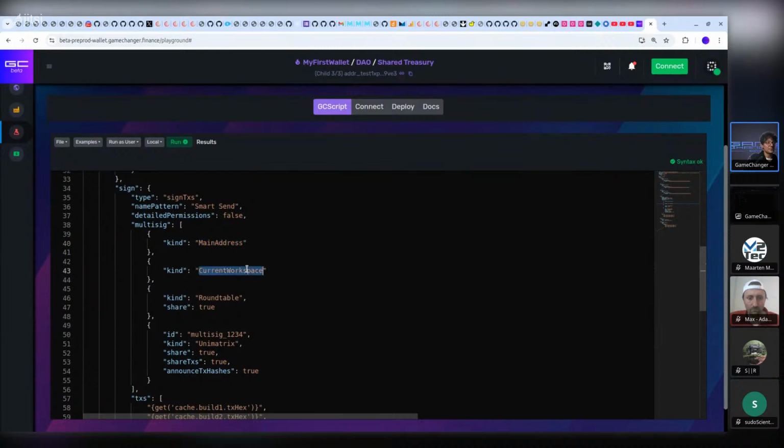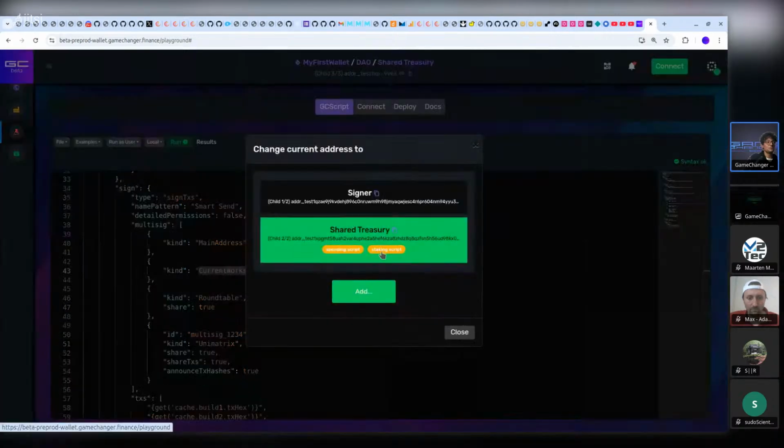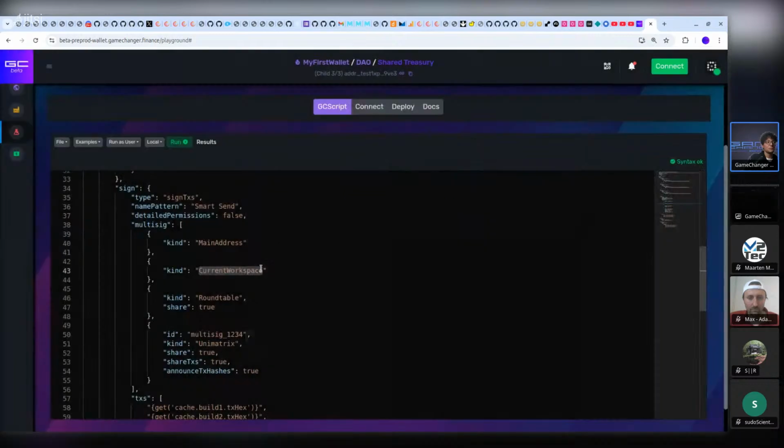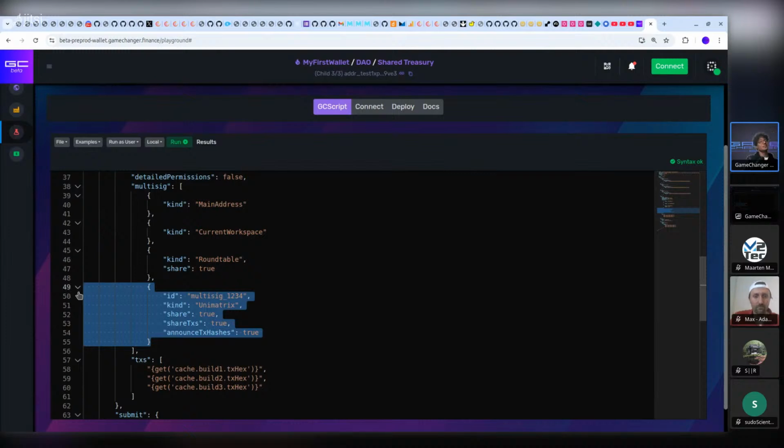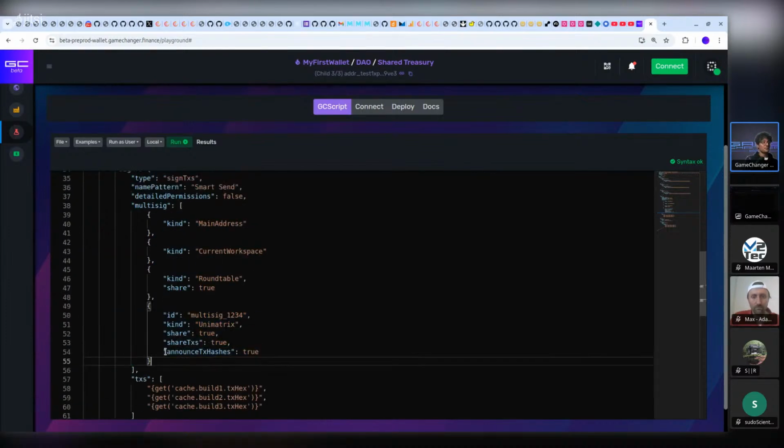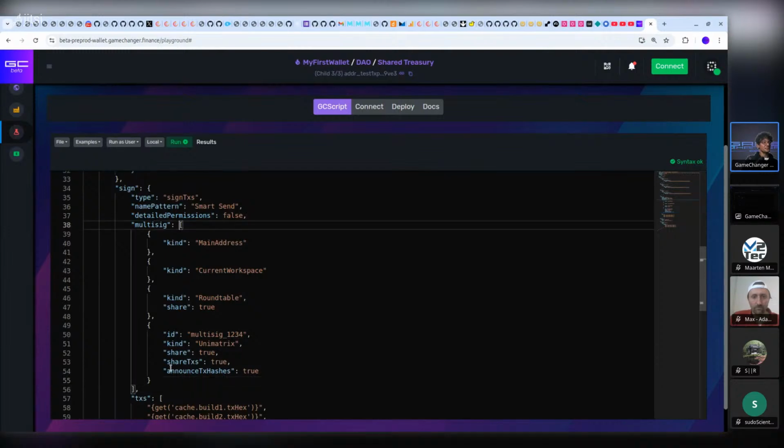The current workspace, if you have a lot of addresses here with actual private keys, will try to use those from the workspace. And this is for multisig. We connect with the roundtable network, if we want to say it like that, and with the Unimatrix network, like you guys are doing with other moments. So this strategy here,